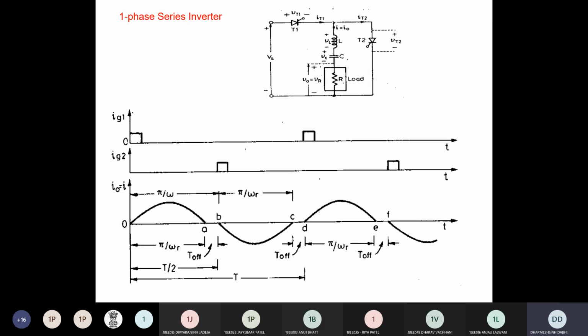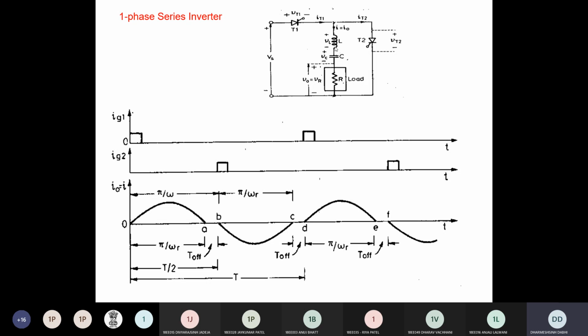When your capacitive reactance is more than inductive reactance, in that case your circuit works as an underdamped circuit, like this. In this circuit your value of Xc is more than XL. That's why your current becomes 0 before the half time, at point A. So this time from 0 to point A, or pi divided by omega r,